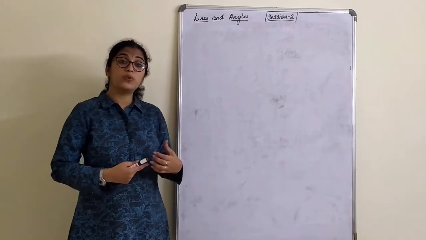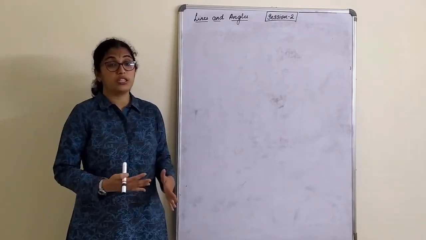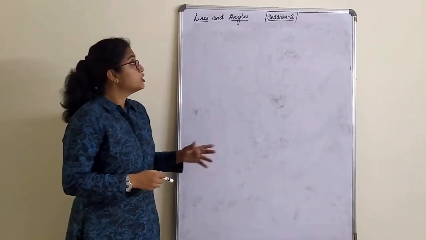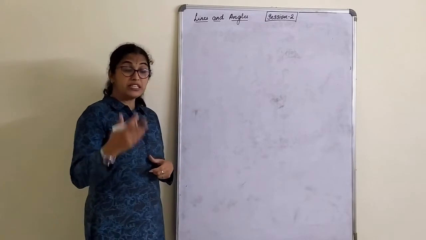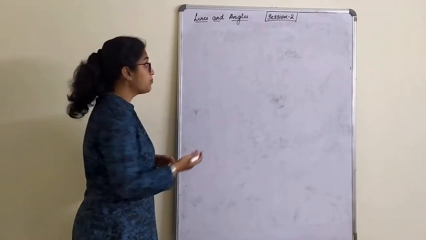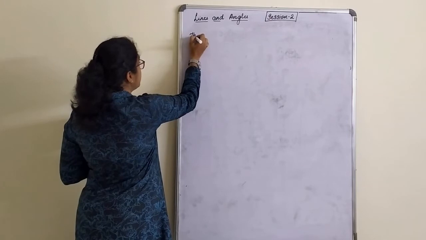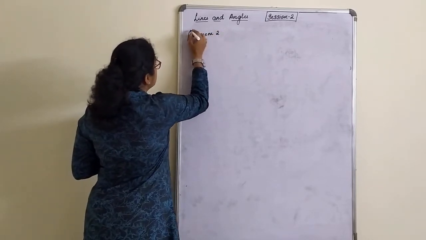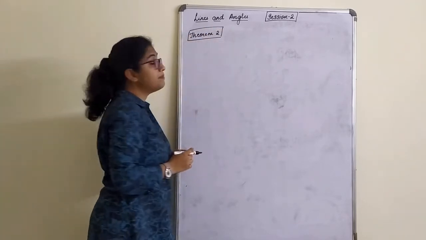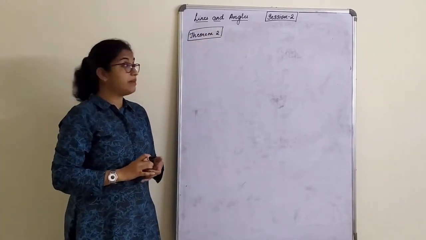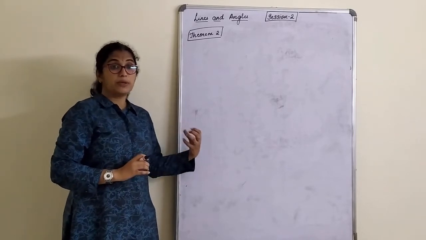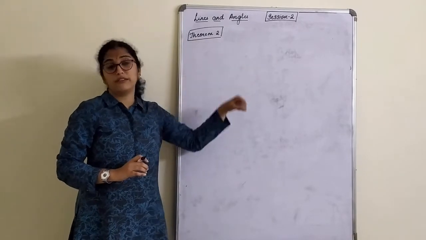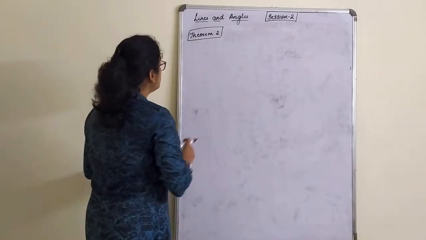So what we will do is we'll complete all the theorems in today's session. Then from tomorrow's session onwards, we'll only solve the exercise. So let's start with the first theorem. First theorem already we have completed yesterday. So we'll name this as second theorem. There are some theorems which are very standard based on theorem 1, theorem 2 we identify, but this is not something like that. Here, based on whichever theorem we solve, we just give them as theorem 1, theorem 2, 3, 4, etc. So, theorem 2.